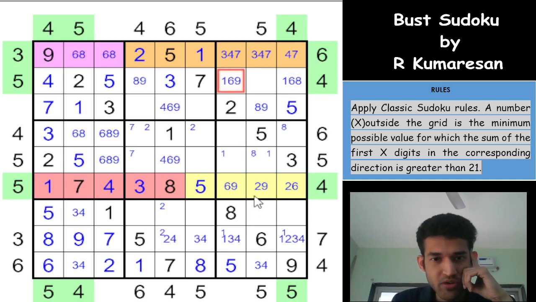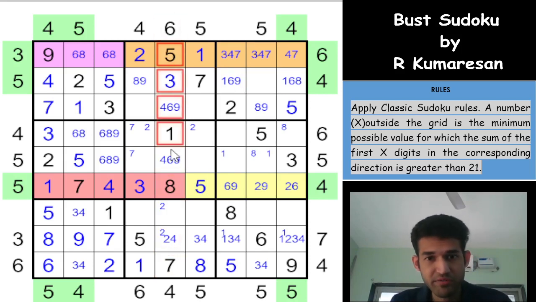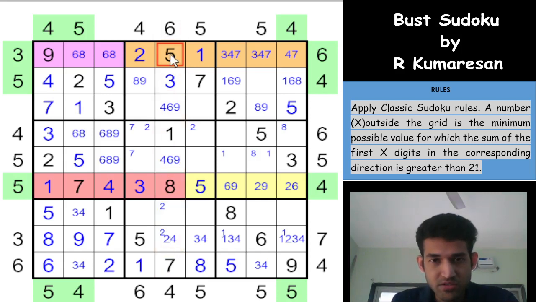So where do we go now? This row appears restricted because we have a lot of digits and pencil marks. So let's see if we can get something here. Oh, that's nice. 4 must be in one of these two cells, right? Let's say if you don't have a 4 in either of these cells. Let's say